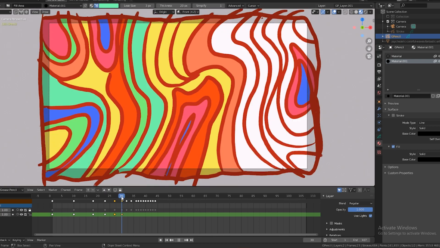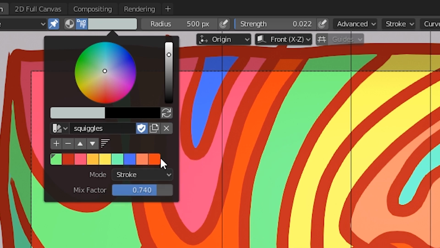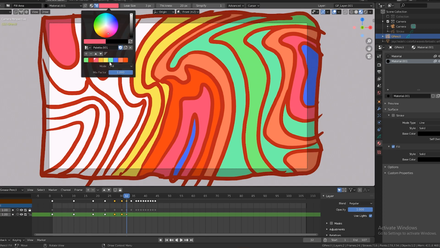So next I colored in each of those lines with just block colors. To do this, I switched to Vertex Paint instead of materials, and using one fill material, I just created an entire palette with all the colors that I wanted to drop. It looks a little disorienting, the whole process right now, because I just had to keep referring to the previous frame to remember where the colors were,